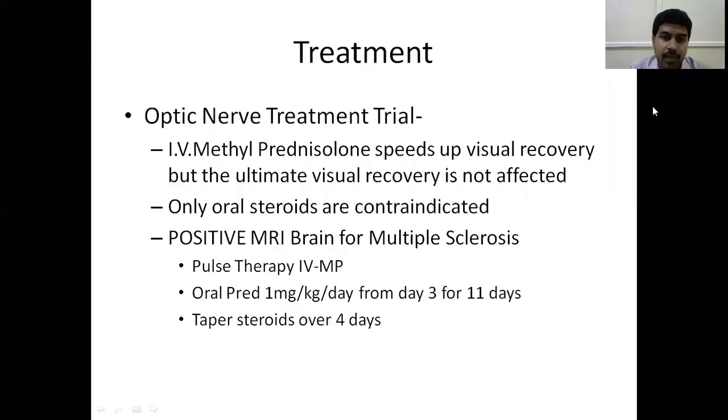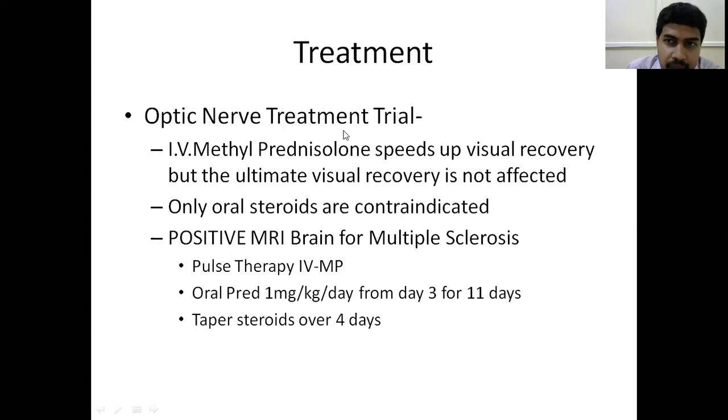So usually for the treatment, there is a trial known as the optic nerve treatment trial. Usually in your pharmacology, you'll be having so many drug trials. That is, they recruit some people with some drug and other people with another type of drug, and they'll see in whom the response is better, which drug is better. So these kind of clinical studies are known as trials. Okay. So similarly, there was the ONTT, optic neuritis, not optic nerve. Sorry for this. It is the optic neuritis treatment trial, ONTT.